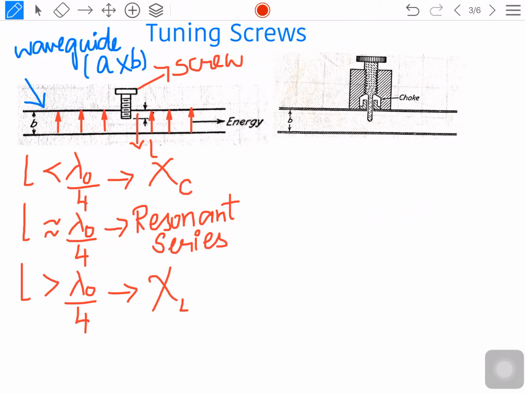The sharpness of the resonance is an inverse function of the screw diameter. The B dimension of the waveguide is too small to allow the screws to produce a wide range of inductive susceptance values.